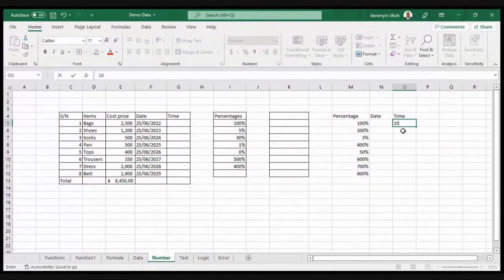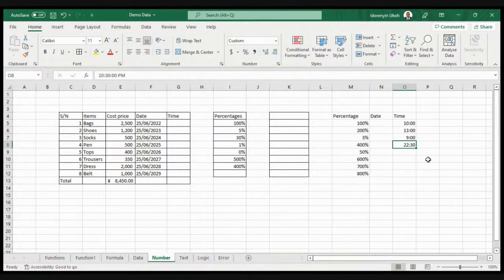Okay, so if I have 10 a.m. here, and I have 1300, and I have 9 a.m. If you click on this cell, Excel recognizes this 10, because it's time, as 10 a.m., recognizes this as 1 p.m., and recognizes this as 9 a.m. If I say 22:30, because I'm reflecting time, Excel understands that as time data, that 22:30 is 10:30 p.m., and that is recognized.